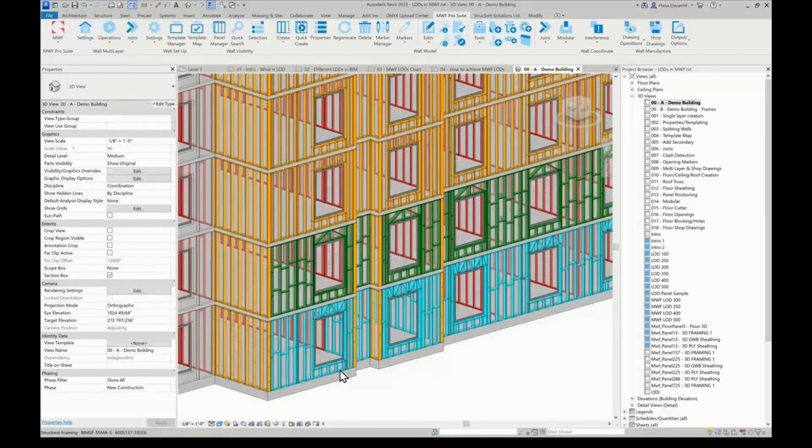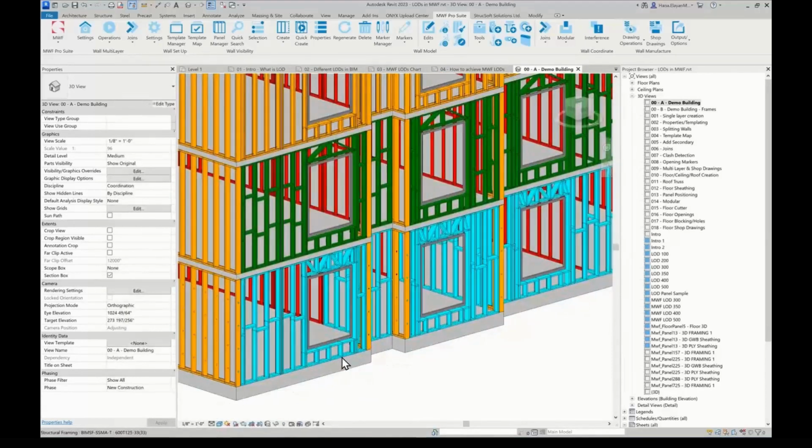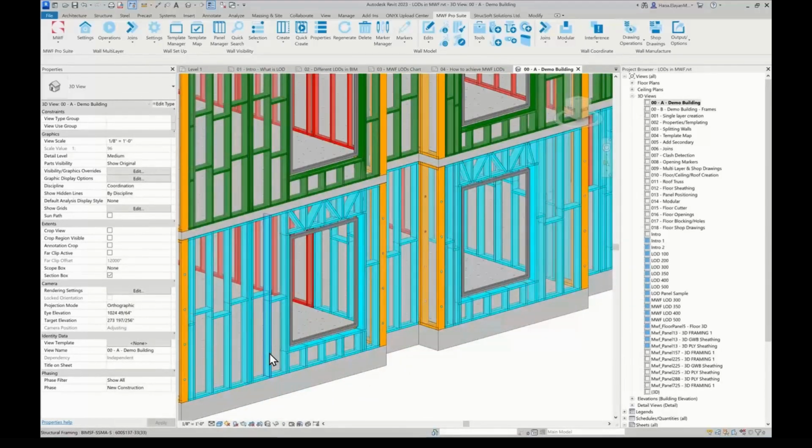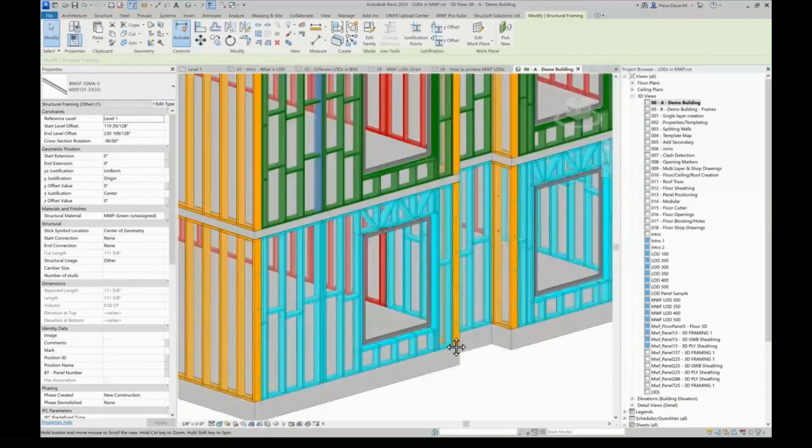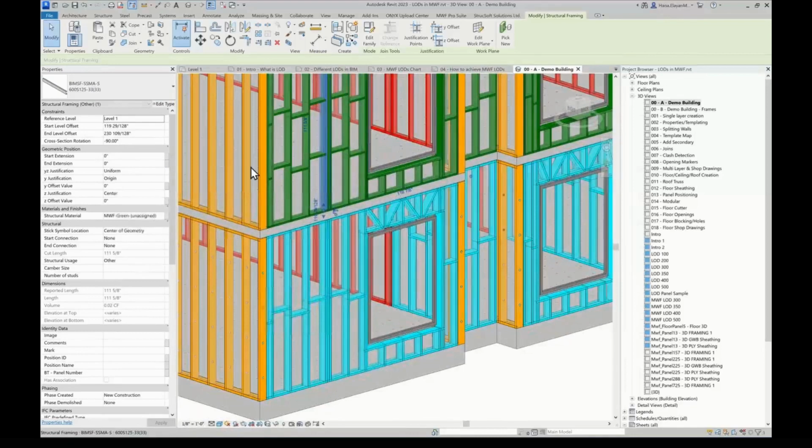Now we're going to talk about practical applications of what we were just discussing. So in a LOD 400 model, you would need to specify exactly what studs you are using. Over here, we're using a specific type, and in other floors, we're using other types. And this is another example of how your templates can be different. You can have different templates that include different types. Over here, we have an interior wall with a completely different size,